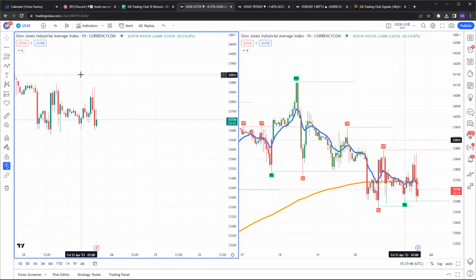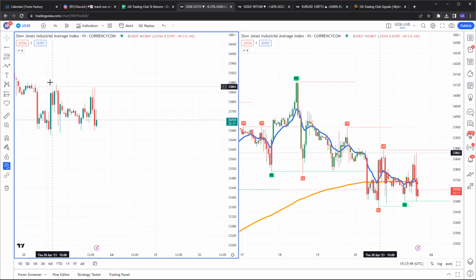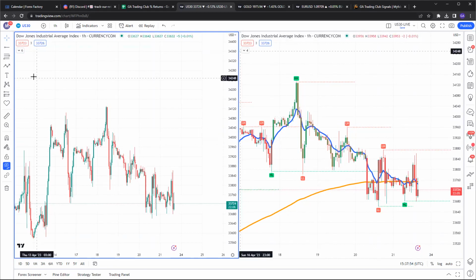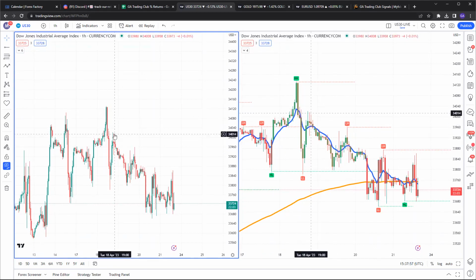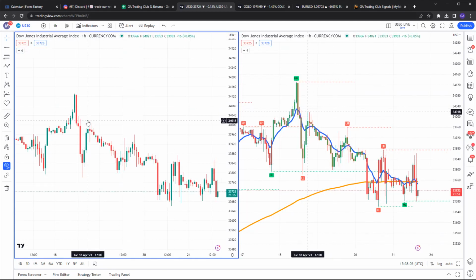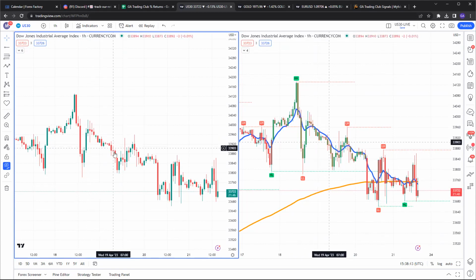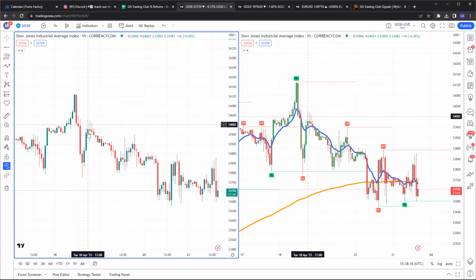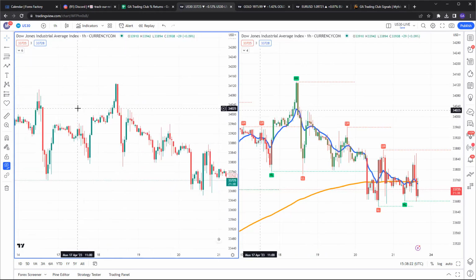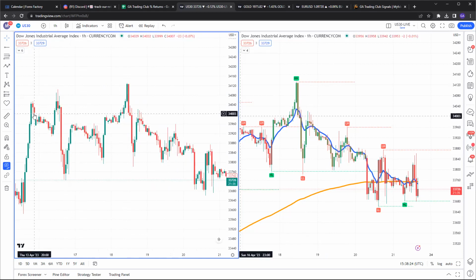Now, if I'm drawing my own order blocks, because when I draw order blocks, I'm looking at what happened to the left of the chart. So sometimes I'll have maybe, let me see if I can find something. I see right here, I see this as an hourly bearish high and an hourly bearish low, because it's the last bullish candle before this downtrend began. So to me, this is also a bearish order block. And then maybe somewhere here to the left, there's another